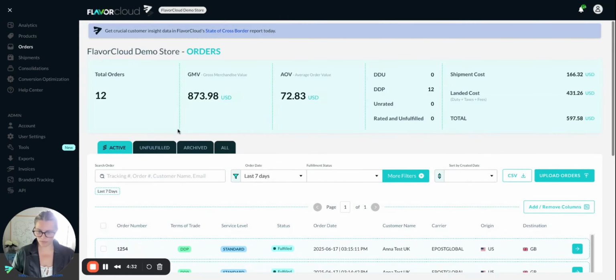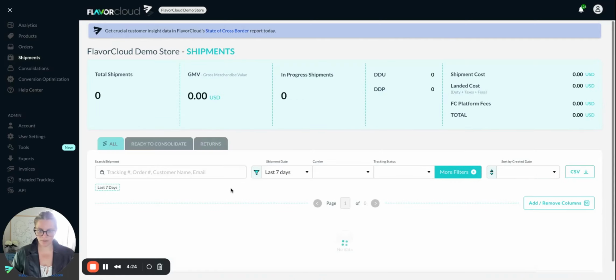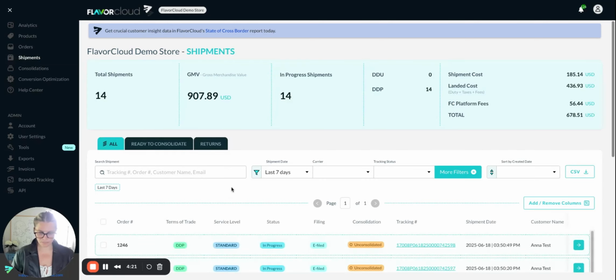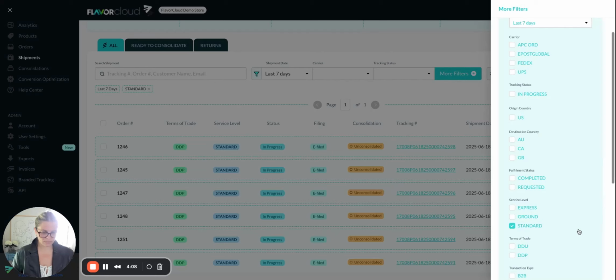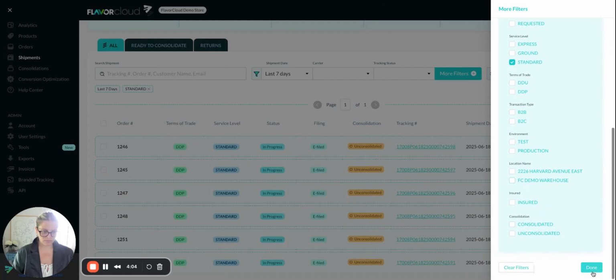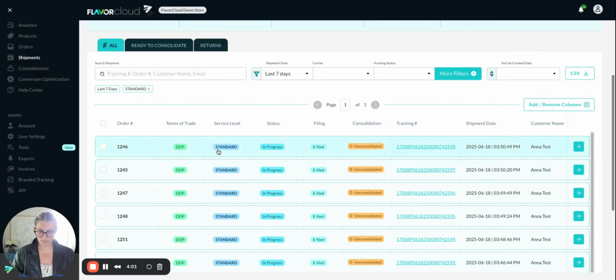So what we're going to do is go into the shipments dashboard, which is right under orders, because we want the shipments that have been fulfilled with labels generated. First, let's sort by standard only. Some customers have multiple standard carriers, so it could be a little easier to do standard. And then you can also filter by carrier at the top. And see, there's multiple. So we only want the APC, because we're doing APC, which is one of our consolidated